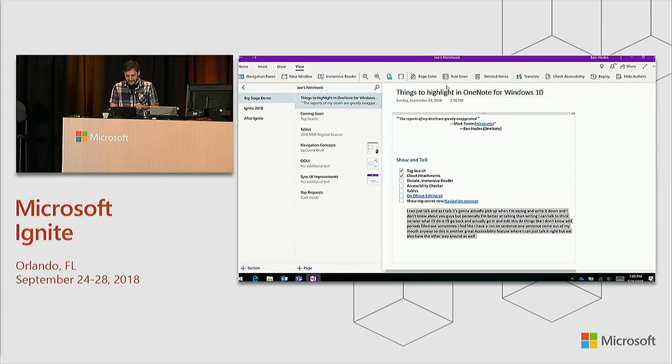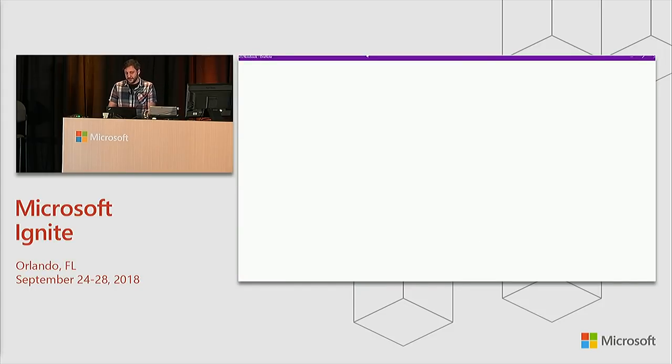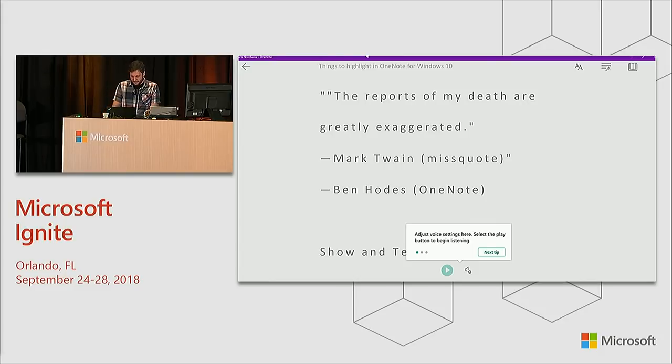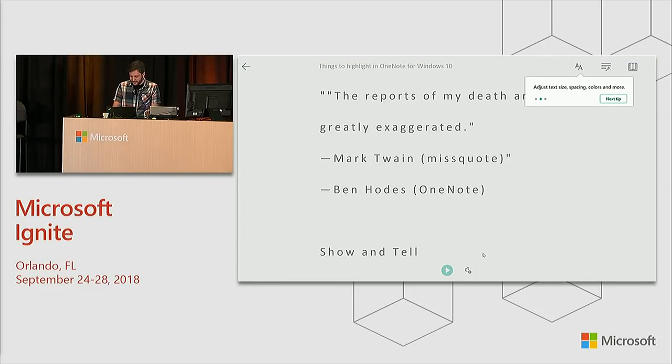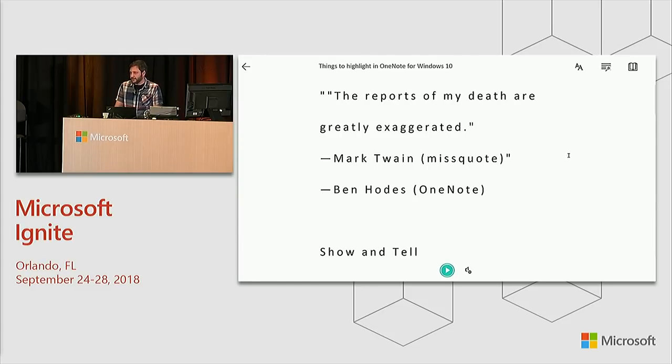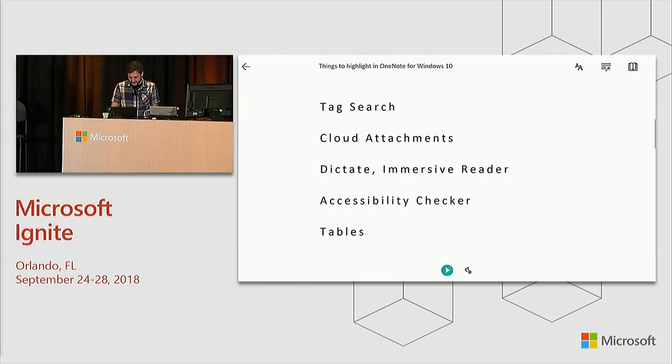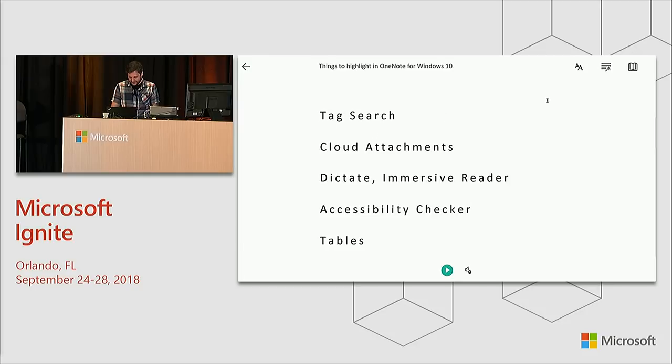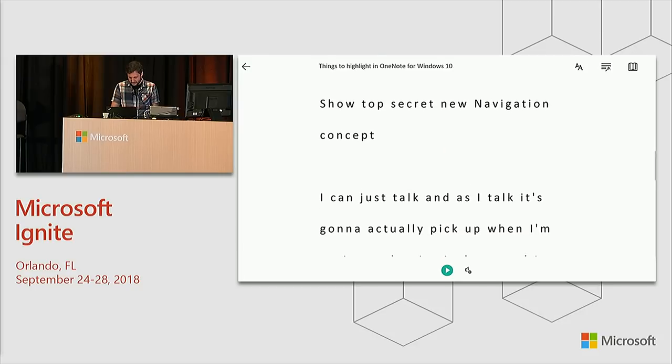Because don't just take my word for it. Using, where is it? Using an immersive reader, you can have the computer speak it back for you. And this is one of those accessibility features that we talked about. This was originally designed for education, but then we very quickly realized, hey, it's really cool if you can just put on headphones and have something read your OneNote page to you. So for example, if I come down here,